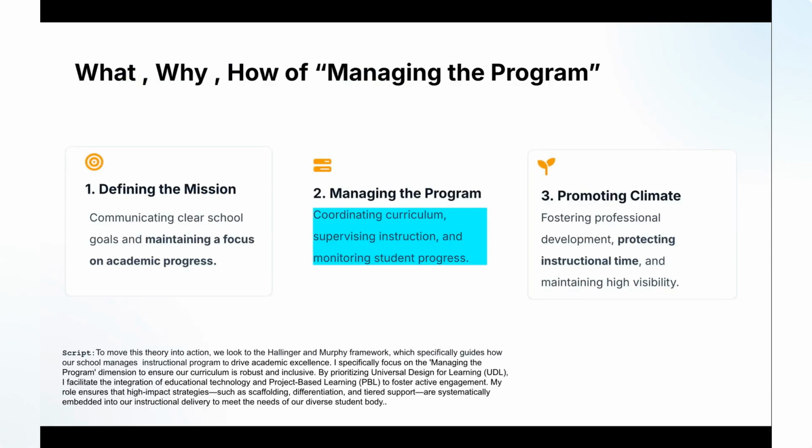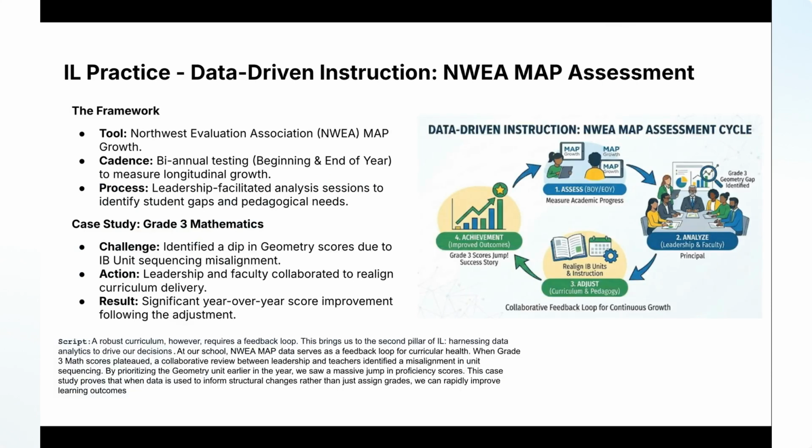To move this theory into action, we look at Hallinger and Murphy's framework. I specifically focused on the managing the program dimension to ensure our curriculum is robust and inclusive. By prioritizing universal design for learning, I facilitated the integration of educational technology and project-based learning for student learning outcomes. Looking at instructional leadership,